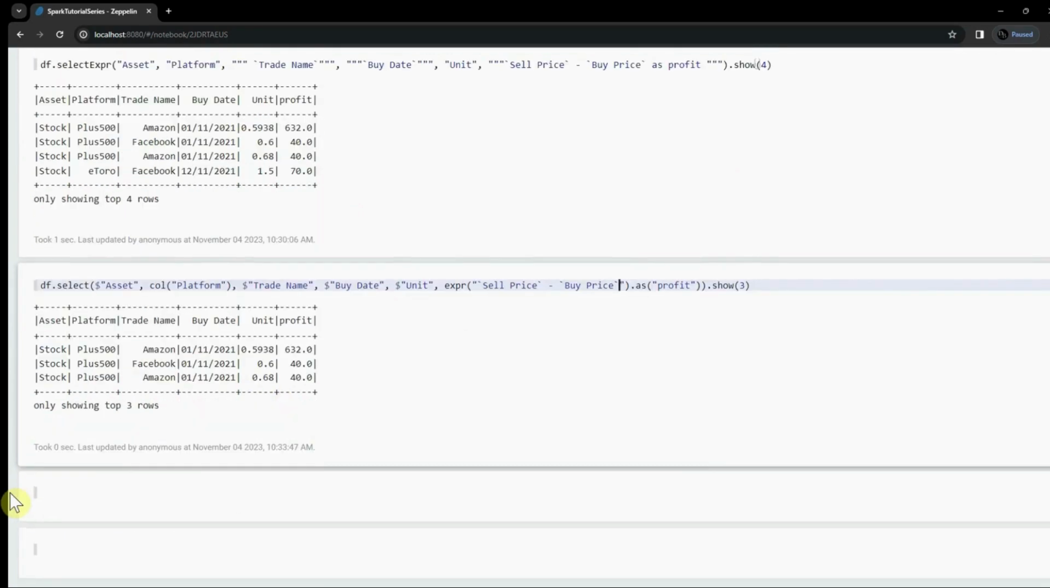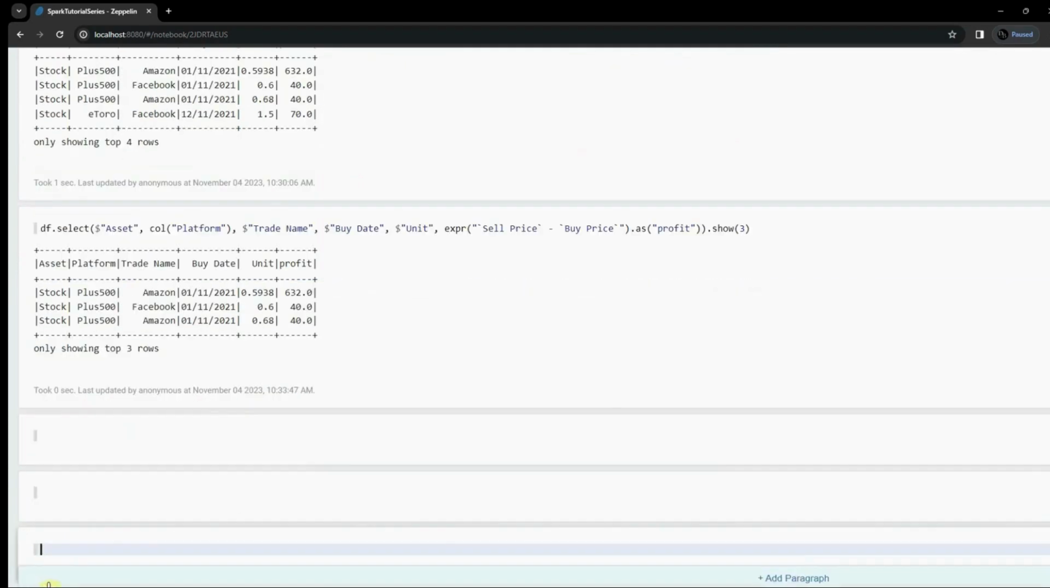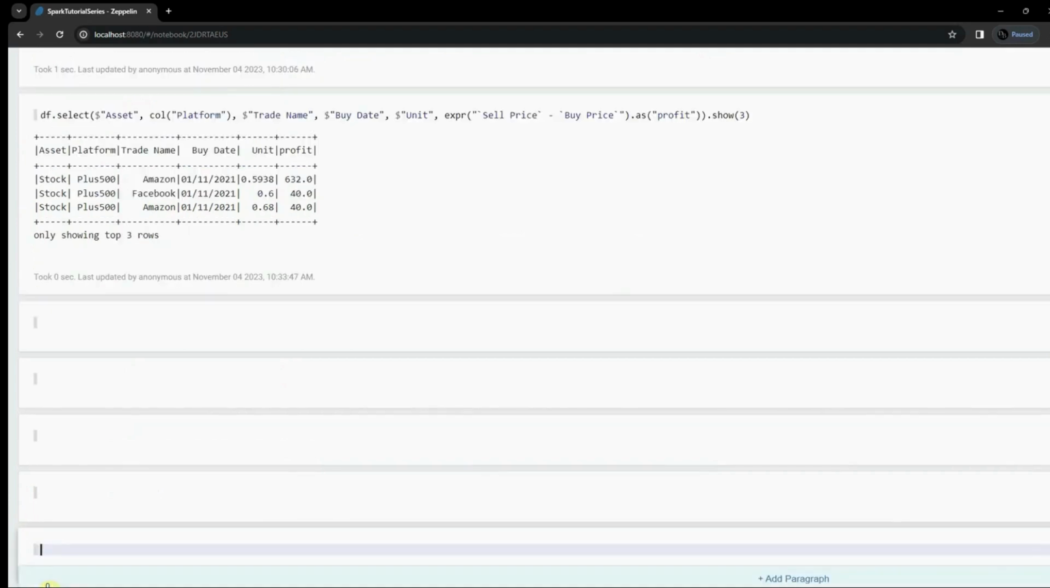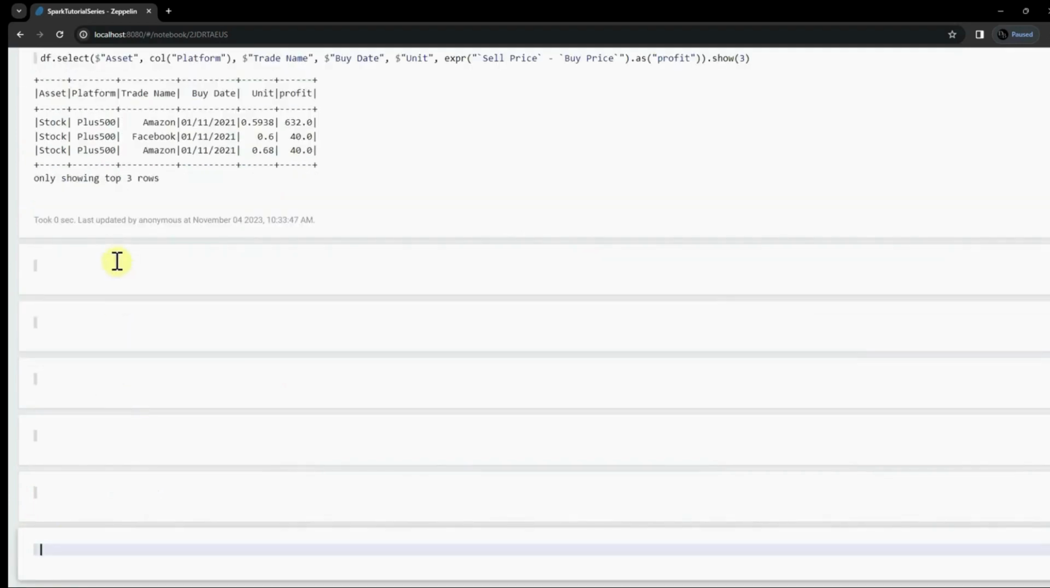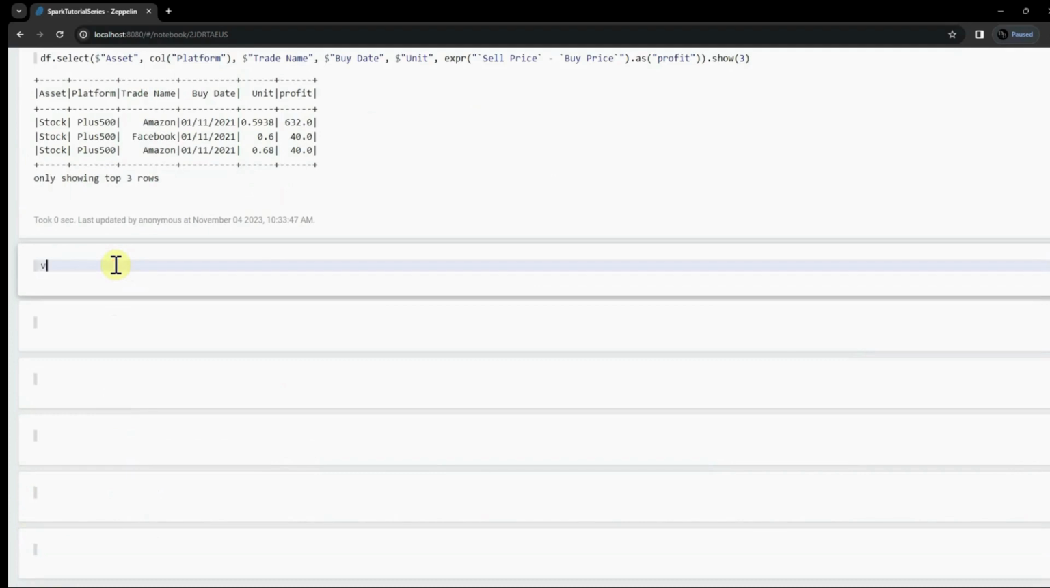Now I'd like to explain how to rename a data frame. For renaming a data frame, you can use the withColumnRenamed function. So let me say renamed columns. This is the new data frame, and I'd like to rename with withColumnRenamed. For example, I'd like to rename trade name to trade